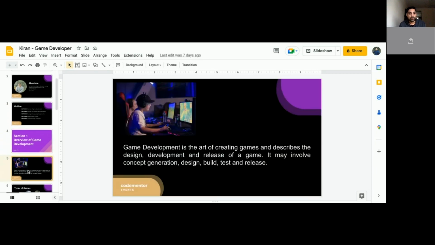So what is game development basically? Game development is the art of creating games and describes the design, development, and release of a game. It may involve concept generation, design, build, test, and release. So this is something like developing software, but